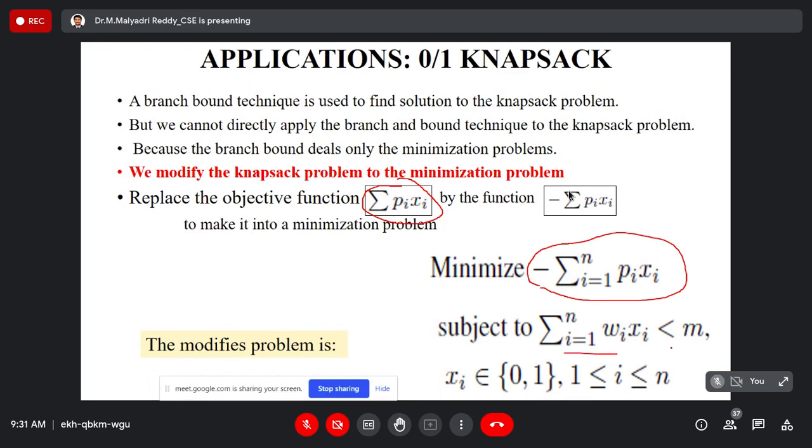The weight must be less than or equal to the capacity of the bag. And this is the constraint. That means it is also 0/1, which means no fractional value is supported for including objects. So that is the basic knapsack problem. The difference with respect to dynamic programming is that there we used maximization of the problem, but here we apply minimization by inserting a minus in front of the profit. So the minus of the sum of the profit is the minimization function. That is a small difference.